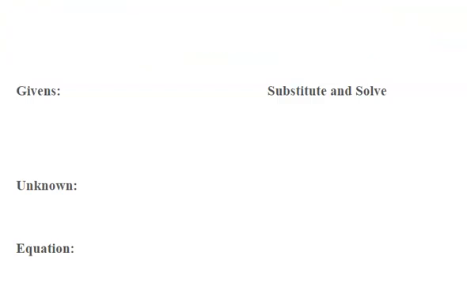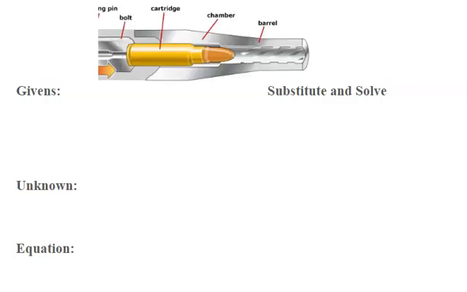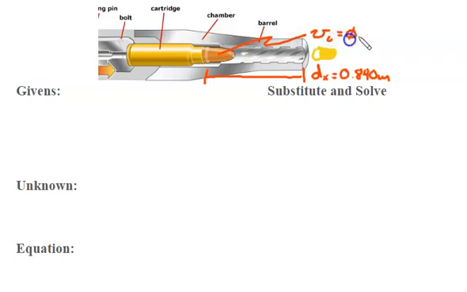Well, first thing to do is let's draw a diagram of what's going on here and some things that we know about the bullet. Like, for example, we know that the displacement in the x equals 0.840 meters. And we know that the bullet, when it leaves the barrel, actually, we don't know anything about the bullet leaving the barrel, but we know that velocity initial equals 0 meters per second. We do know velocity final